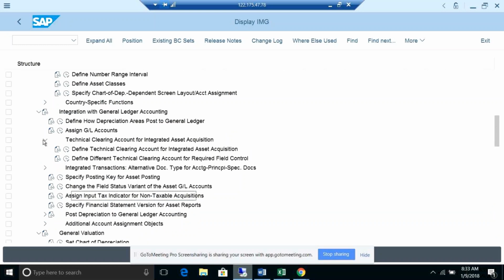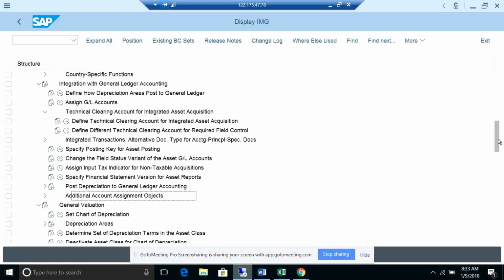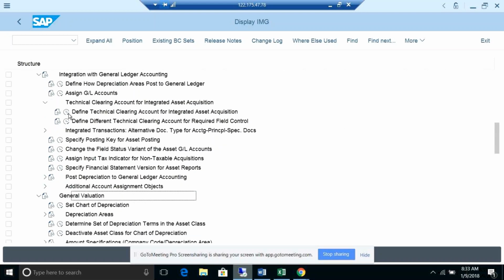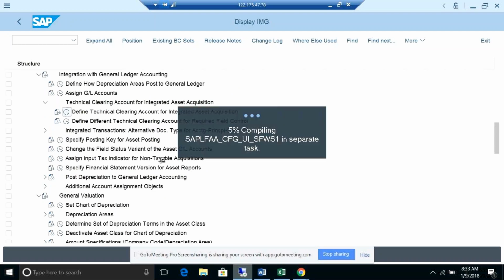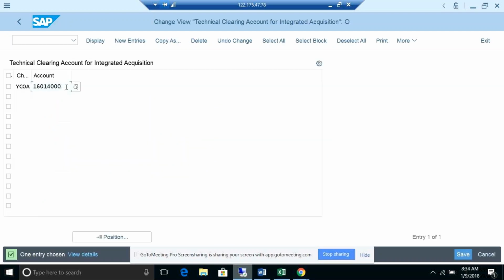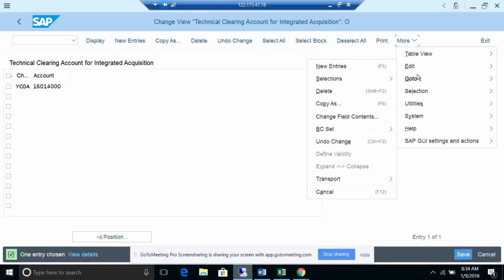So only this technical clearing account, this is one more configuration added in S/4HANA. This configuration defines the technical clearing account for integrated asset acquisition. So I define this 160. Let's see this in my chart of accounts also.